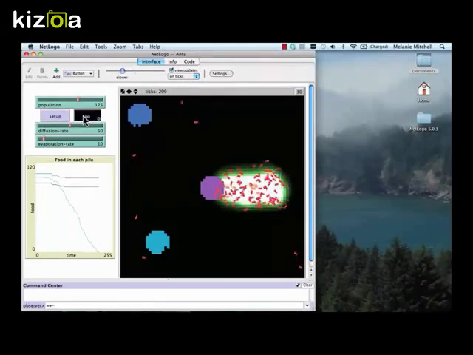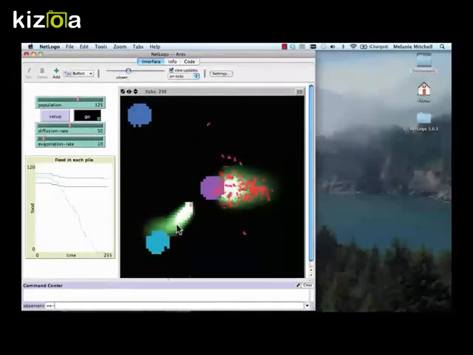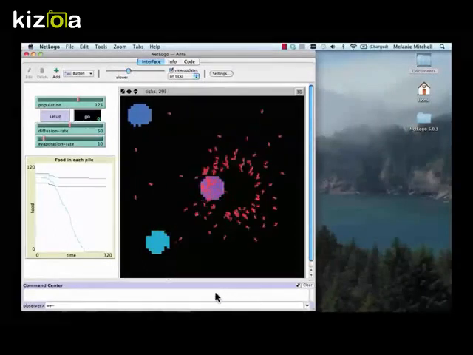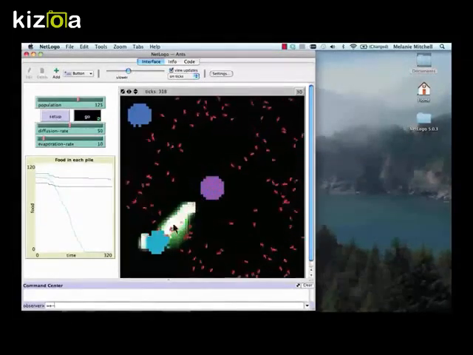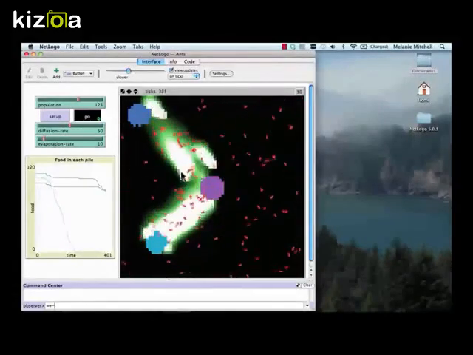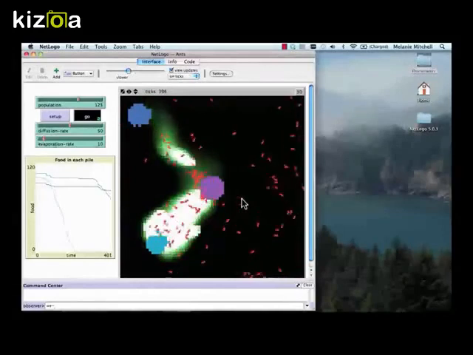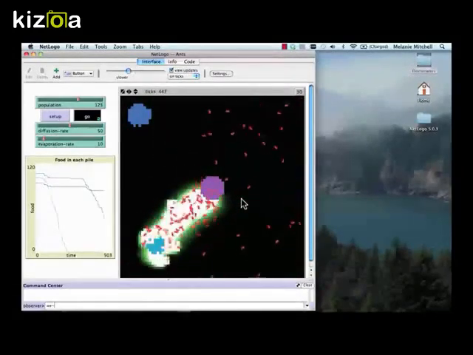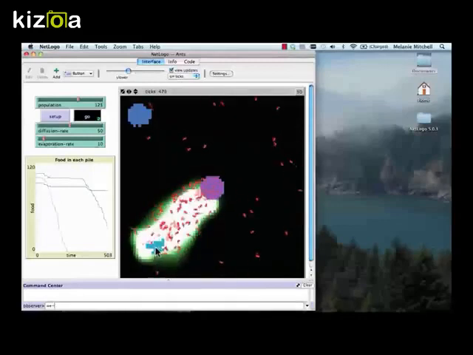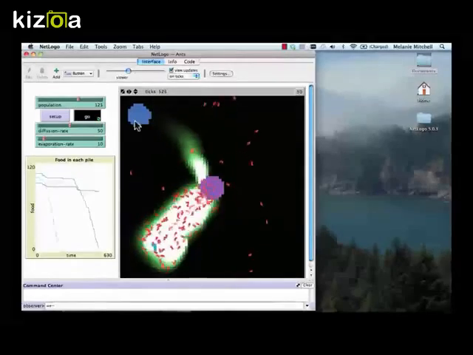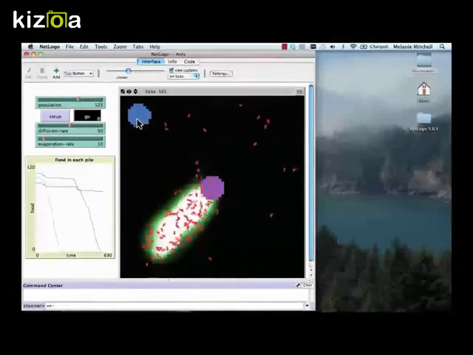So let me click Go again. They're a little slower here, and you can see these trails being reinforced, evaporating, diffusing. But if a single ant happens to find the food and get back to the nest, and other ants find that trail before it evaporates, then they can follow the trail. And you can see over here the food in each pile going down. Here's the very last pile,